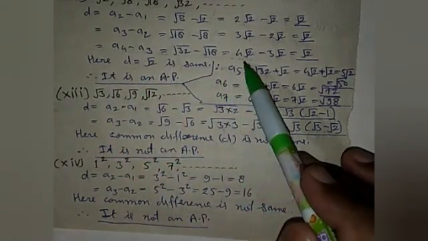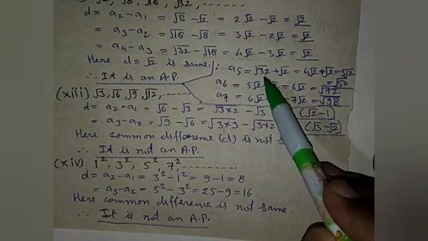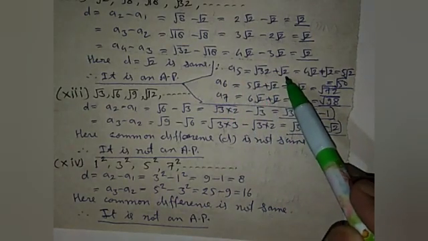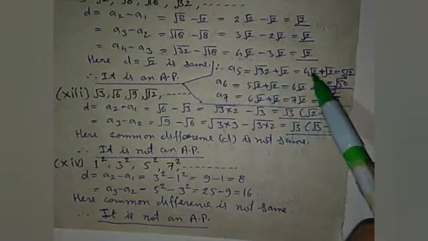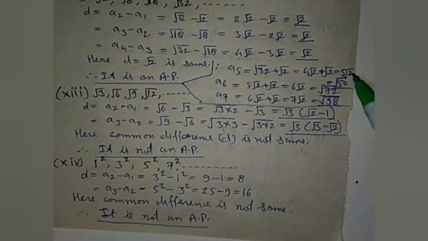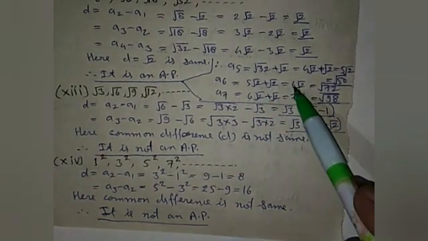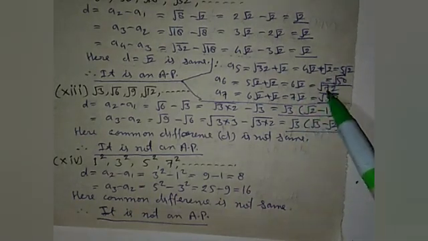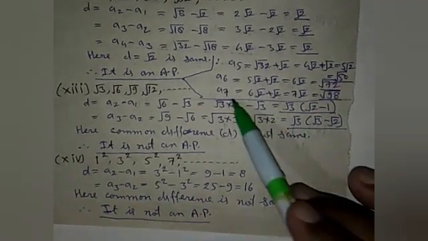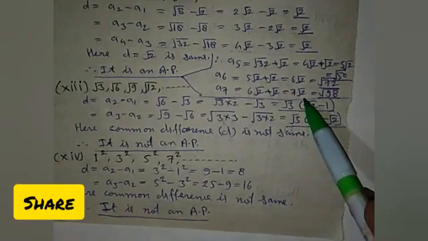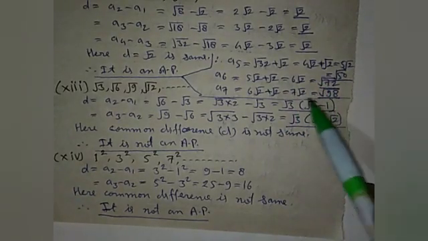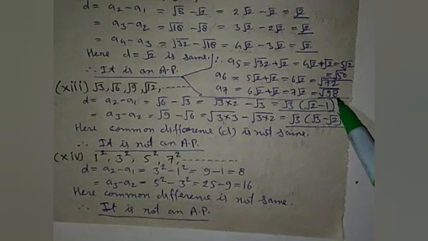Hence the next three terms you have to find. So A5 equal to root 32 plus root 2, which is equal to 4 root 2 plus root 2, which is equal to 5 root 2. And taking 5 into root, it will be 5 square 25 into 2, which is equal to root 50. A6 equal to 5 root 2 plus root 2, 6 root 2. Then 6 6 is 36 into 2, that is equal to root 72. Similarly, A7 is 7 root 2, which is equal to 7 7 is 49 into 2, which is root 98.